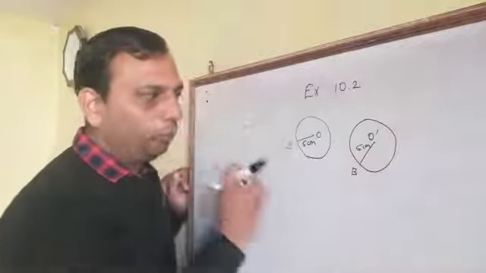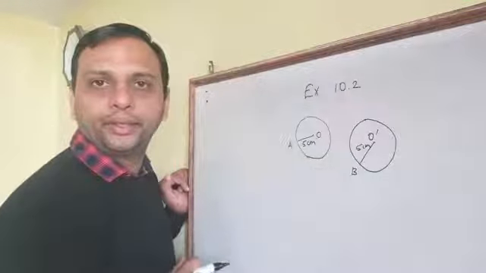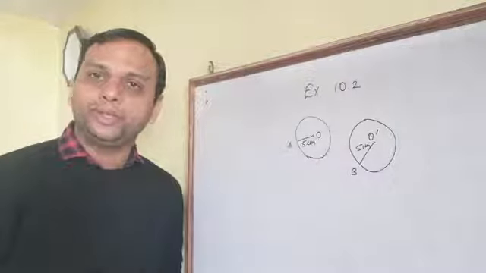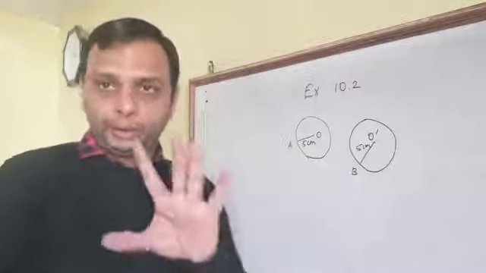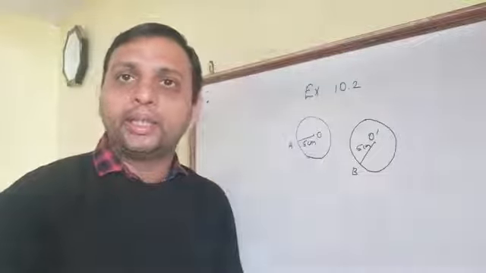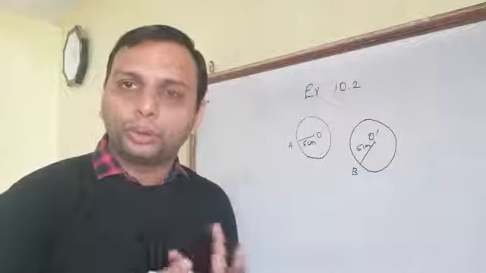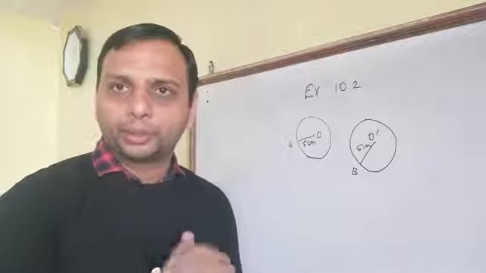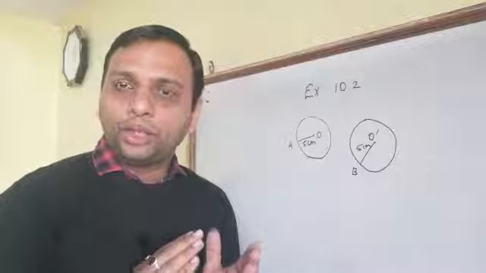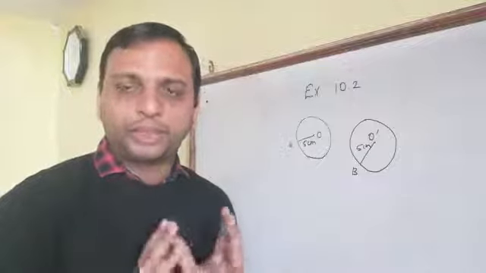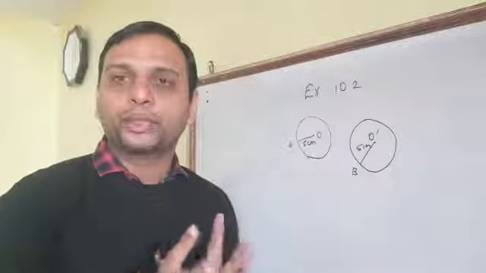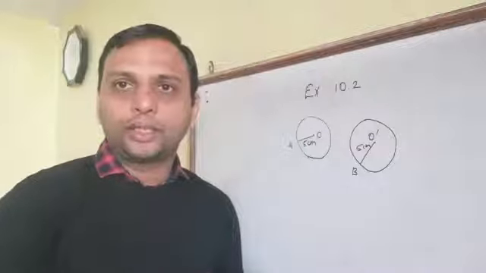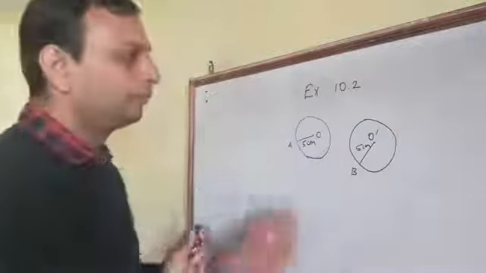Now you can see both the circles have the same radii, 5 and 5. Then these two circles will be concurrent to each other. So if two circles have the same radii, then they are called concurrent circles. I hope you understood what concurrent circles are. Before solving the question, it was asked to recall that two circles are concurrent to each other. So concurrent circles I have explained. Now we have to solve the first question.